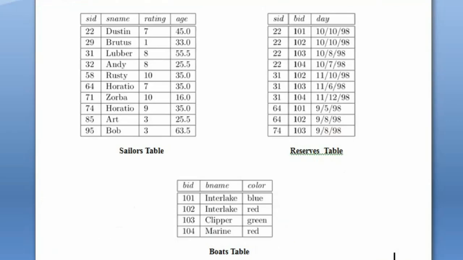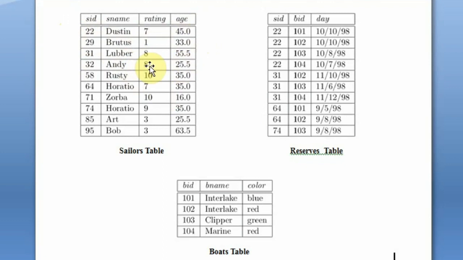This is the data that I am going to insert into the sailors table, reserves table and the boats table. In my previous sessions, I already have shown you how to create the sailors table, reserves table and the boats table. And this is the sailors table, and these are all the rows or the tuples. Each and every entry over here is considered to be a row or a tuple. And the insert command is used to insert these rows. So I can insert however many rows I want into the table.